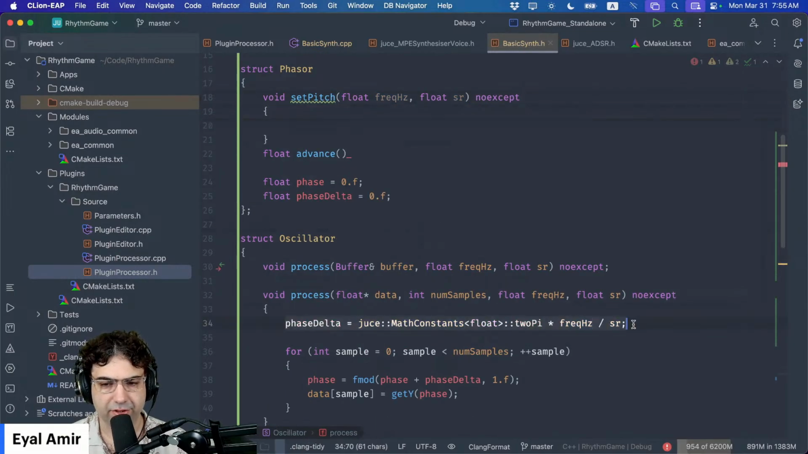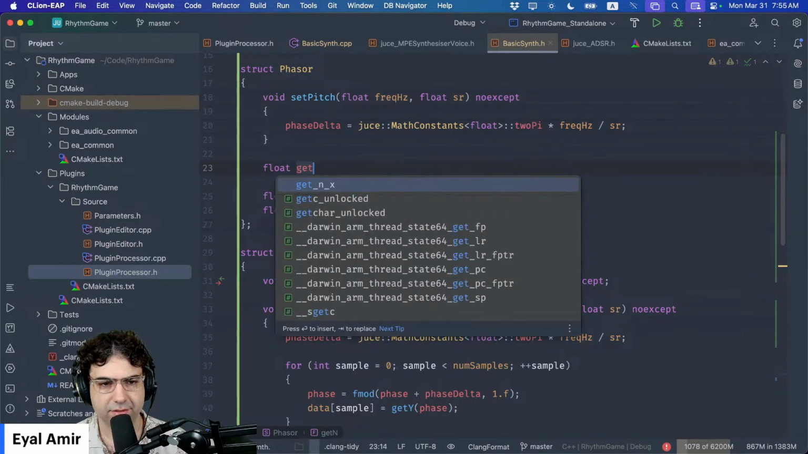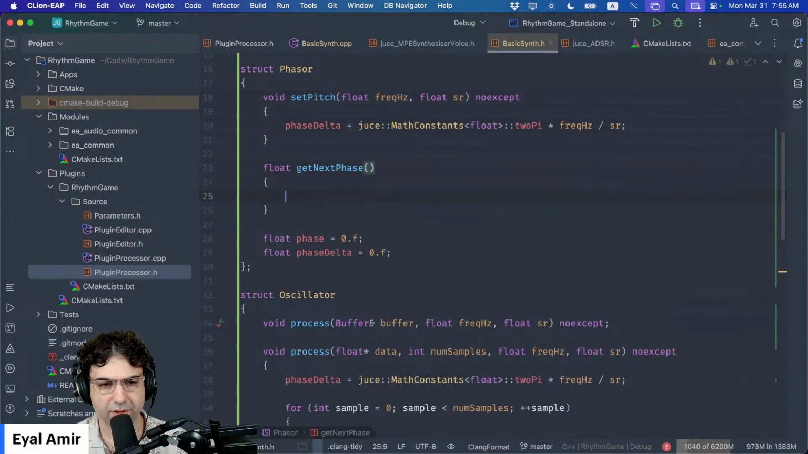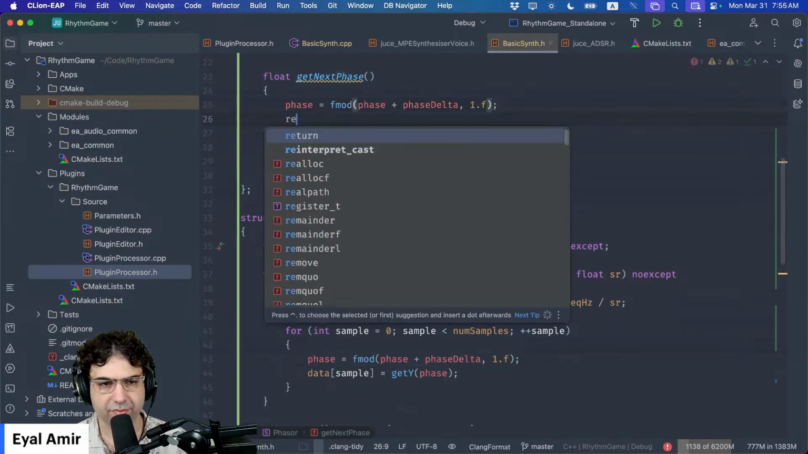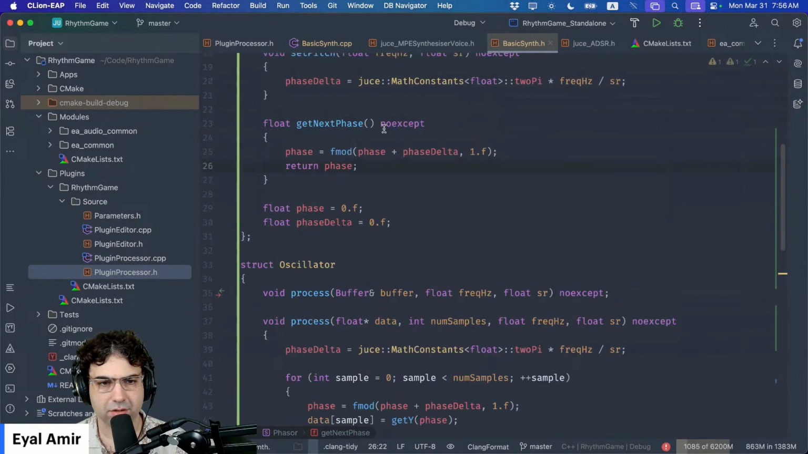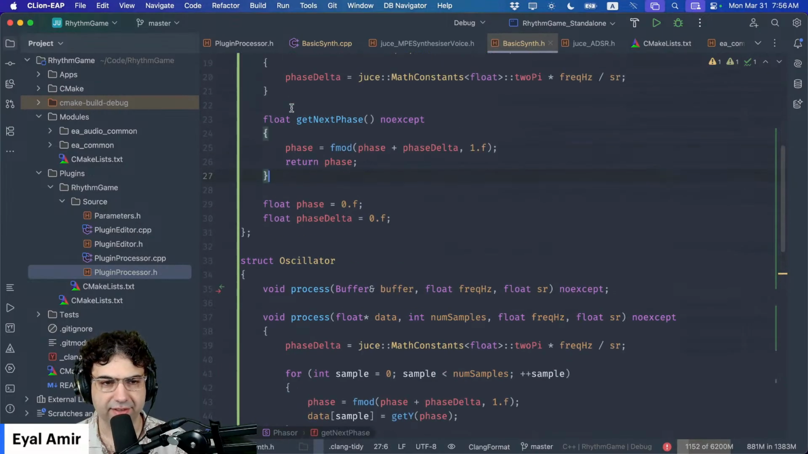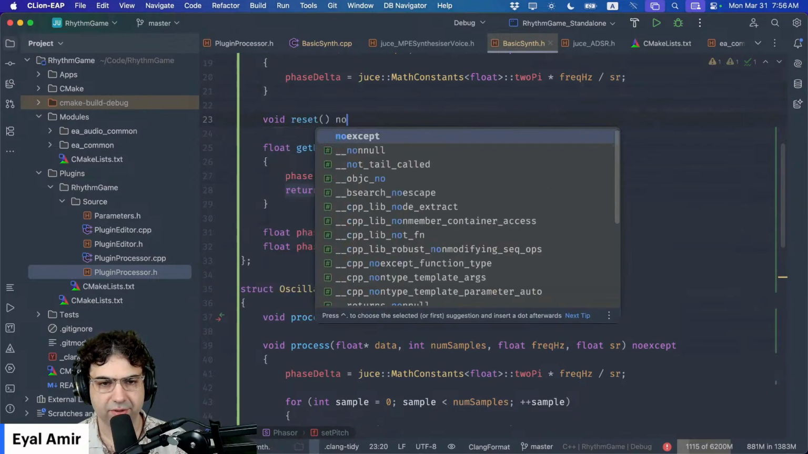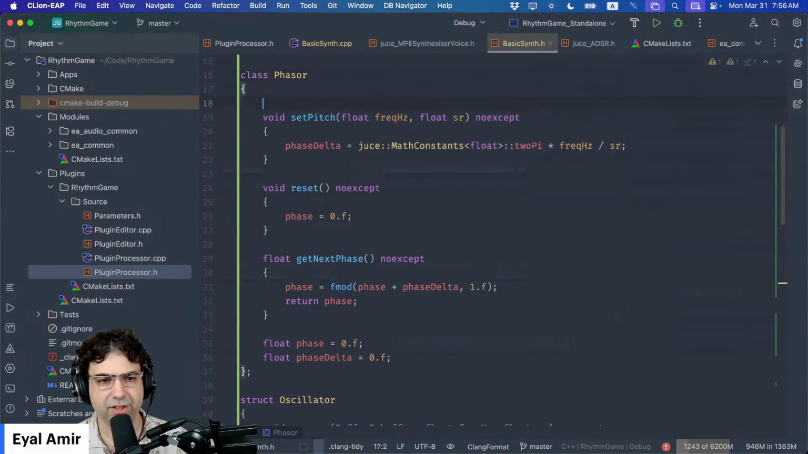It's going to do this calculation here, and then it's going to look like a get next phase, and that is going to do this calculation and return the phase. So that is basically our phasor. And reset. Void reset. Phase equals 0. I can probably make this a class. Nobody needs to touch these